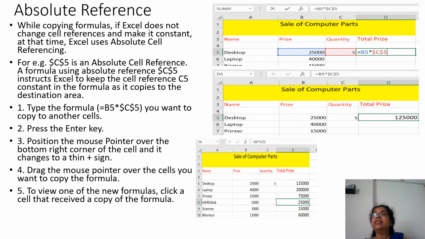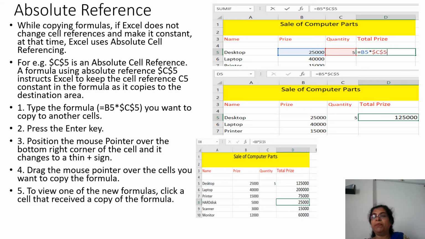That's why the cell reference is written as dollar, then column letter, then dollar, then row number. This second cell reference is going to remain constant, whereas B5 will become B6, B7, B8, B9.